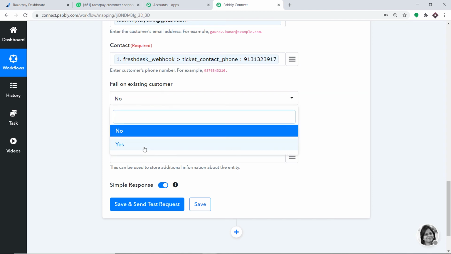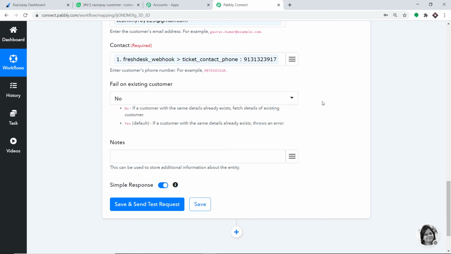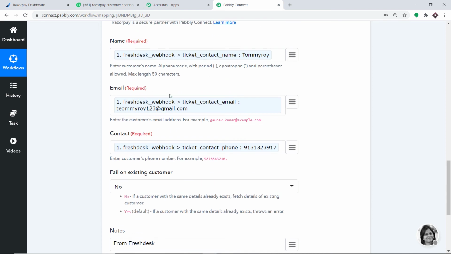If we select yes and this customer already exists, it will show an error message. But I don't want any error message if the customer already exists. So that is why I'm keeping it as no. In the notes, we can just type from Freshdesk. That will do. Okay, so all our details have been entered.